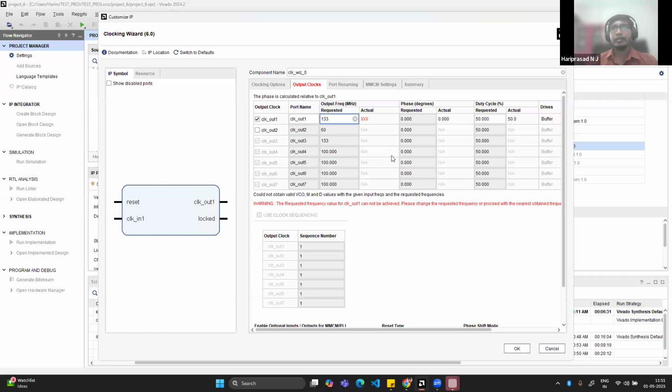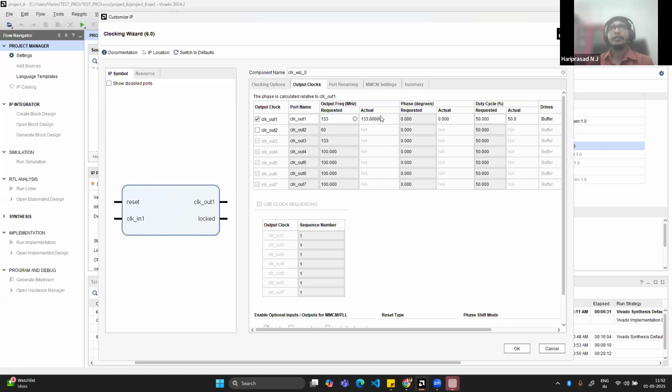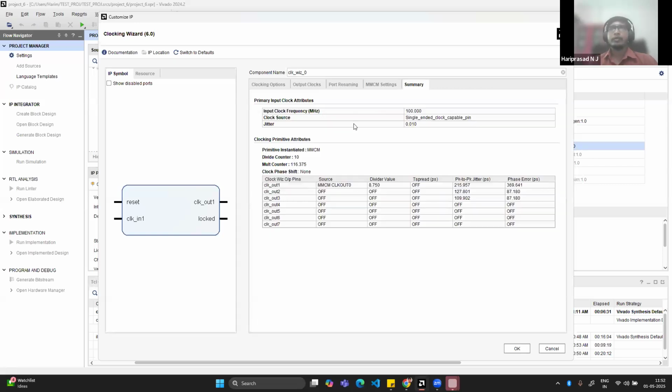From 100 I am generating 133. See, now it is able to generate. So choosing the other clocks also is very important, because the PLL has to utilize the internal multiplication and division factors and it has to generate exactly the frequency, right? If I go to summary,